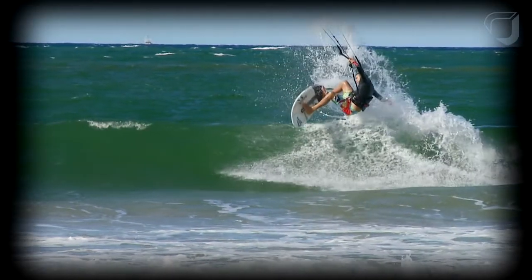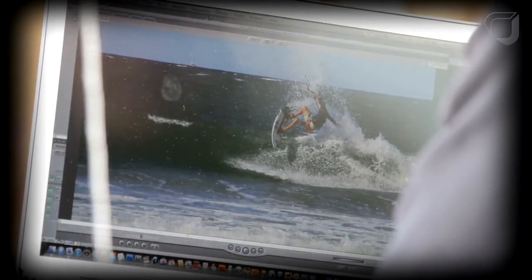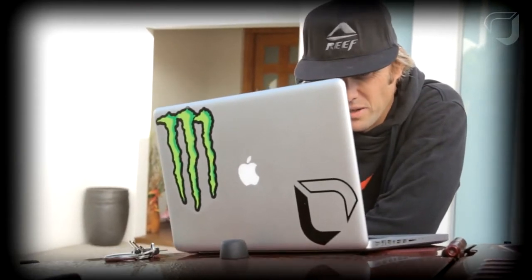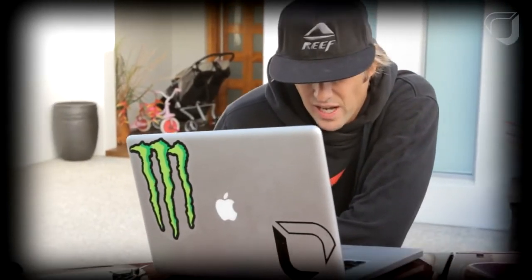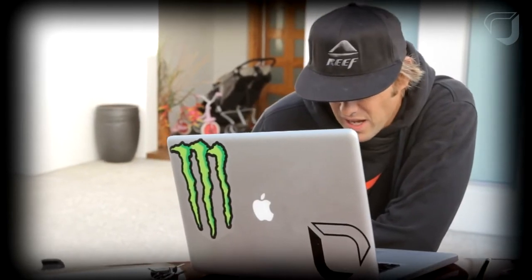So during this point right here, I've blown the tail out, and now I'm going to look for where I'm going to bring it back into the wave. Unless you're really precise with that, your fins are going to slide out or you're going to fall out the back. Like doing an air,